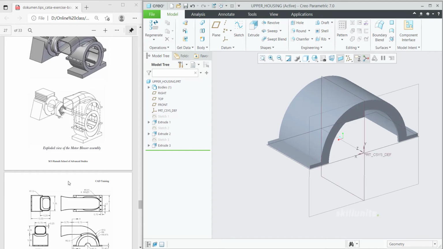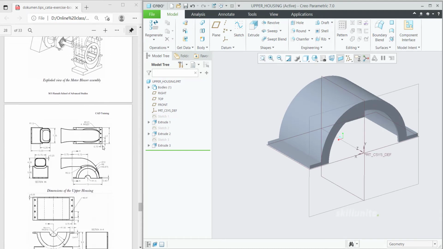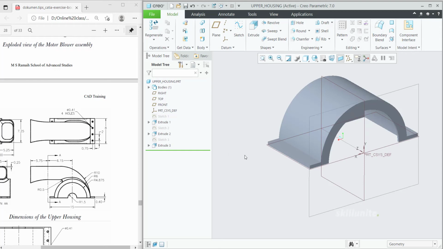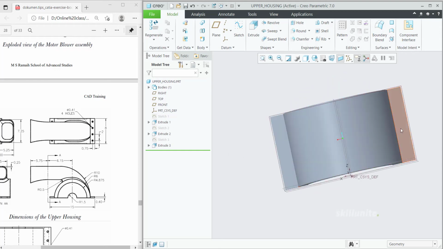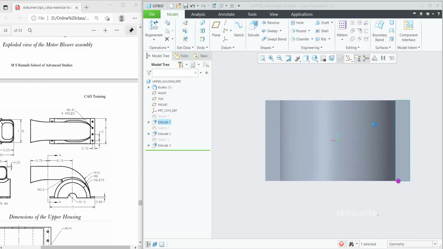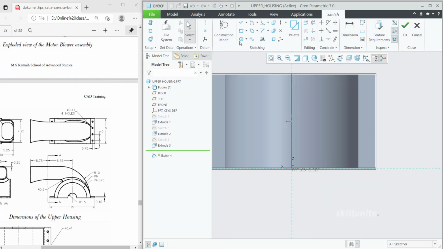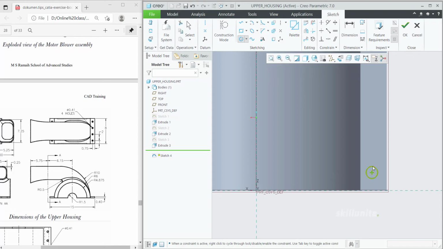So then you need to make these cutouts. As you can see over here, 4 holes we need to make on both sides. So select the face and then go to sketch option, create one and then make a pattern. So let me click on circle. The diameter of that is 0.41, so give that one and then specify the dimension. From this edge to the center it is 0.75, and then from here to the center it is 1. After that everything is pattern only.